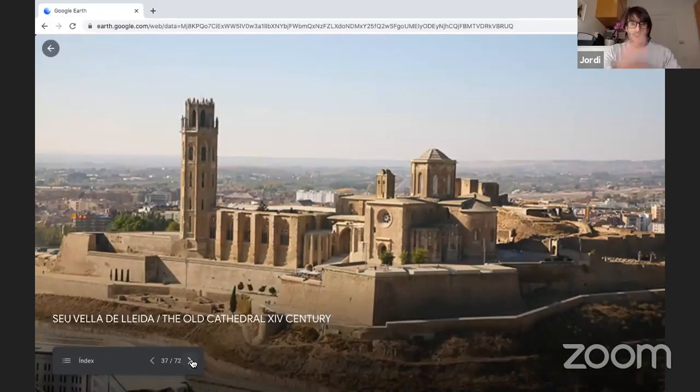Here we can see a picture of it. The old cathedral built on the top of a hill. In the center of the city, there's a hill. On its top, they built the old cathedral during the 14th century. It's a Gothic old cathedral. Okay, this cathedral,